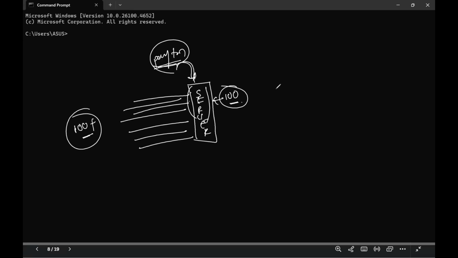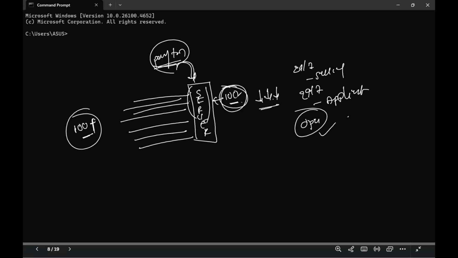So at a certain point of time, my server is going to be down. Why? Because the server capacity was 100, and the accessing users are 100 plus members. So at a certain point of time, my server is going to be down. Once your server is down, automatically whatever application we have inside the server is going to be down, right?